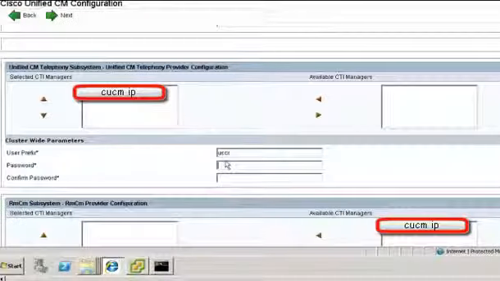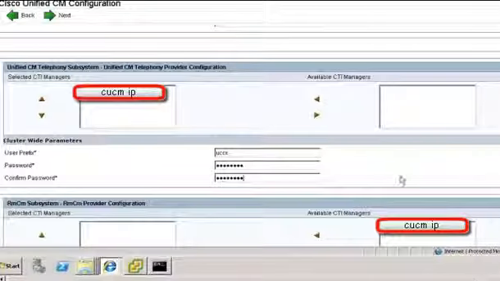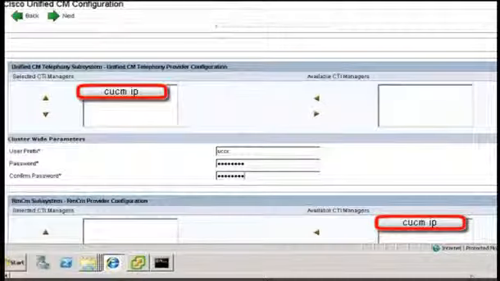Here you are going to create a user named UCCX and give the credentials. Once you create this in UCCX, a JTAPI user will be created in CUCM with the help of the AXL API.